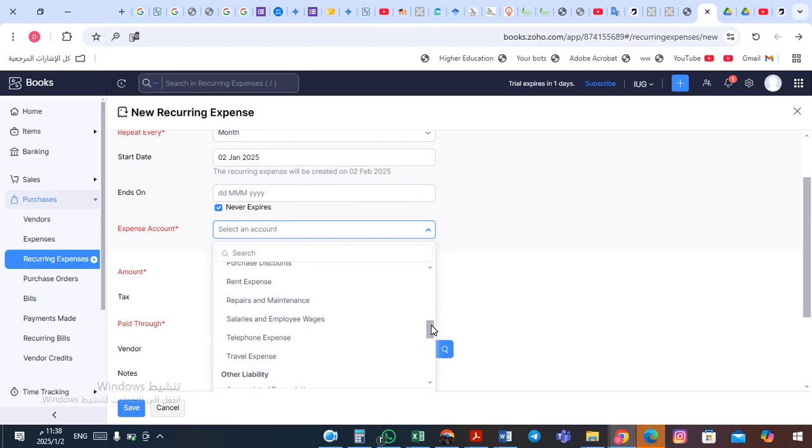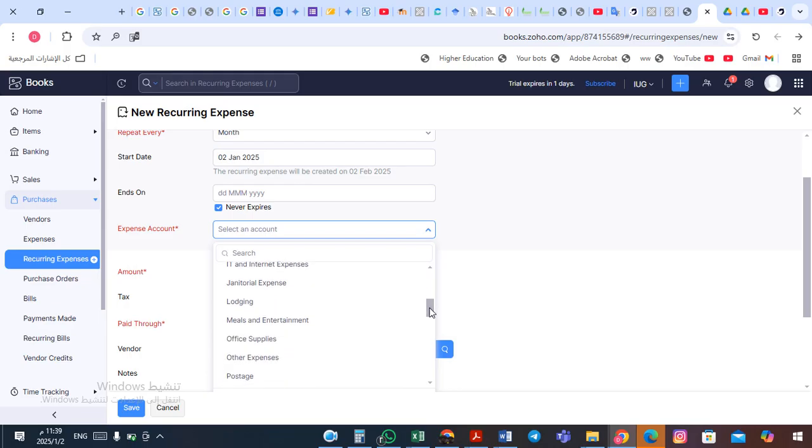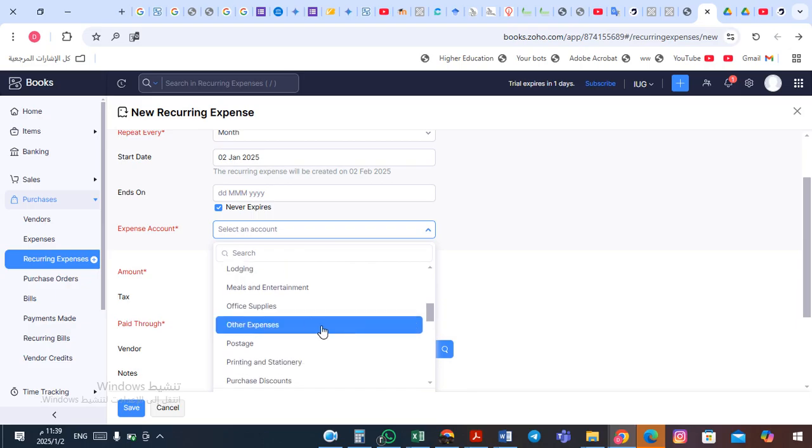Interest expense, it doesn't appear. Bank fees and charges, consulting expense, credit card charges, depreciation expense, other expenses. We can choose other expenses,